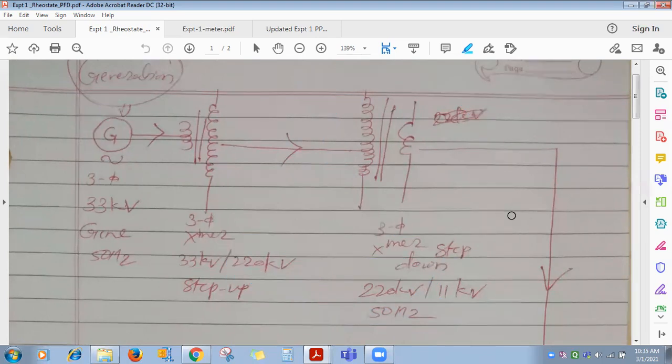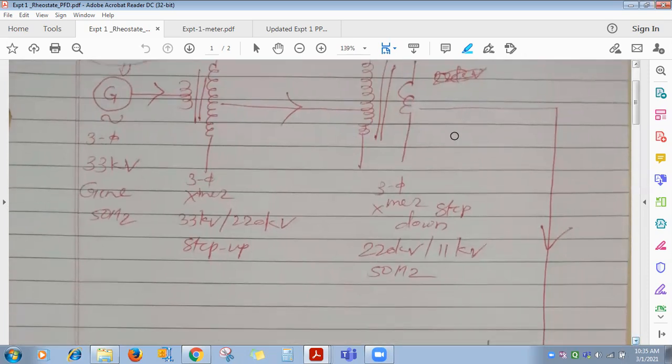Very good. So the transformer, again, it's three phase. It operates on AC. Transformer input is AC, output is AC. So it's a three phase step down transformer. On the secondary side, you will get 11 kV. Now this 11 kV, if some industries require it, the supply is given to them.